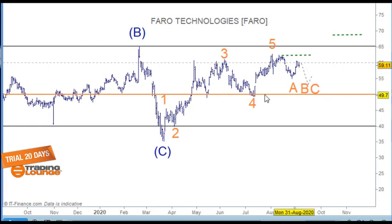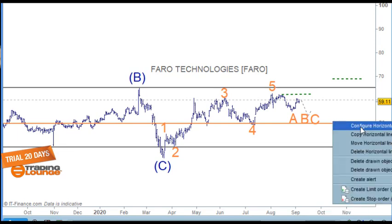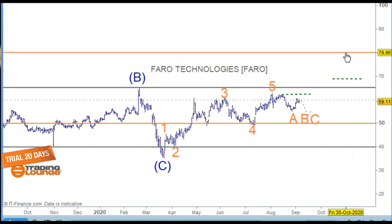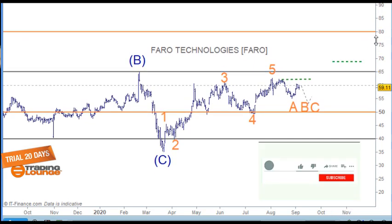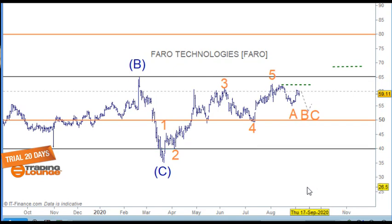With the levels here, we've got 50 as the main support. The next level up is 65. That's a medium level. And of course, beyond that is the next major level, which is 80 here. There are minor levels in between here. 72 is important through that space. But yeah, look, overall, I like this particular